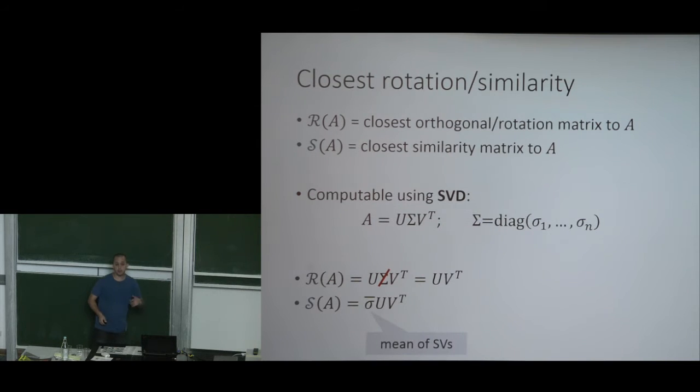Now computing the closest similarity matrix would be almost the same, only we need to multiply the closest rotation matrix by the average of the singular values, which also makes sense because we simply are trying to find something which is rotation in its nature, but has some sort of scale. So let's see how these two concepts of closest rotation and closest similarity matrix can be actually used for mapping